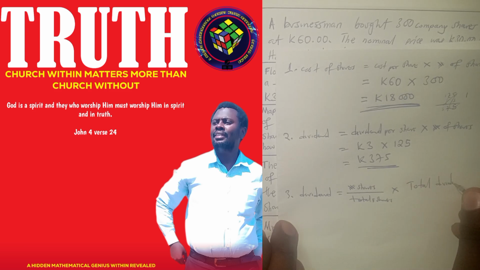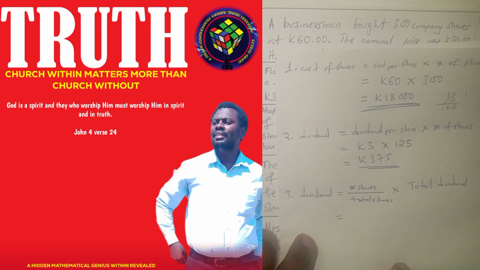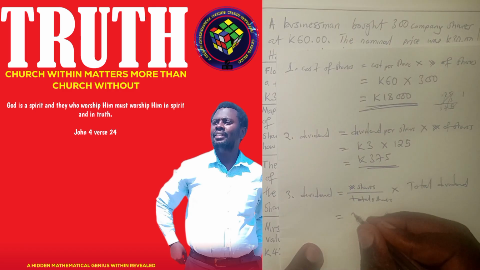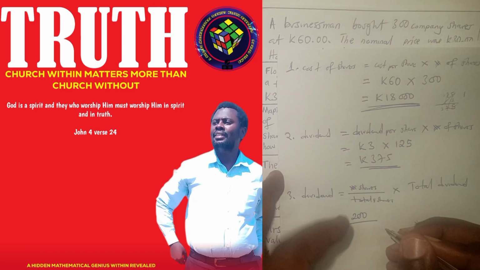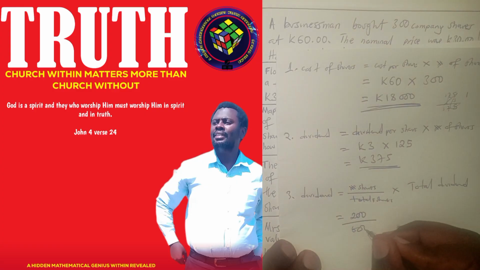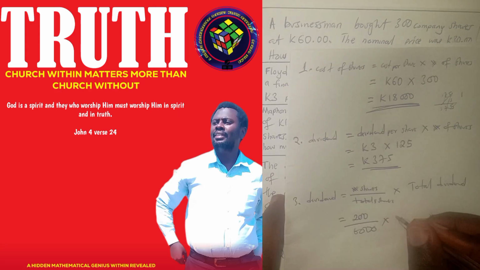This is the formula to use. So this is equal to number of shares. Number of shares for Magula is 200. So we say 200 over the total shares, 6,000, times total dividend. We have